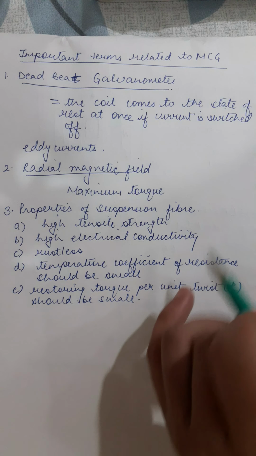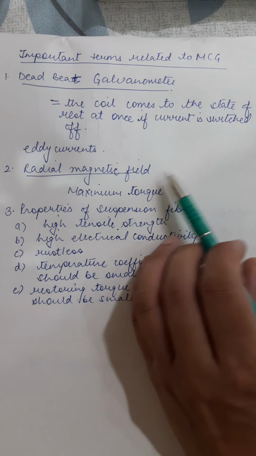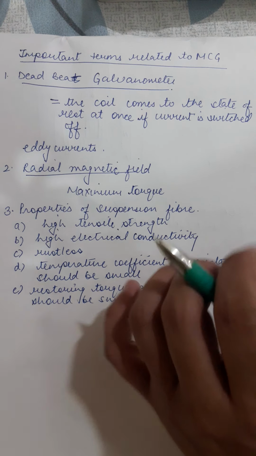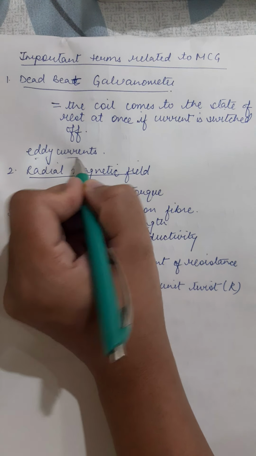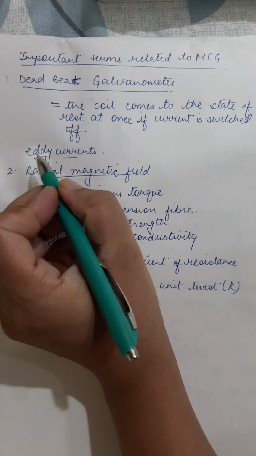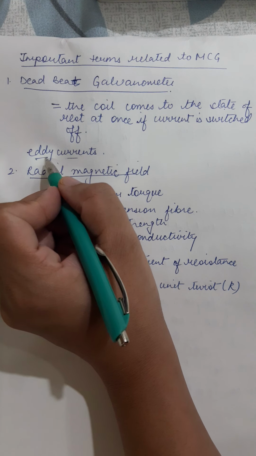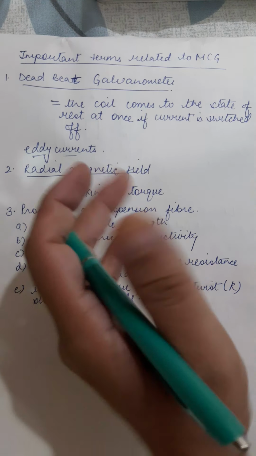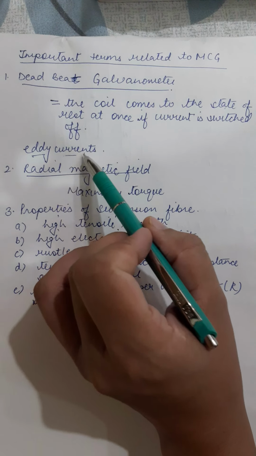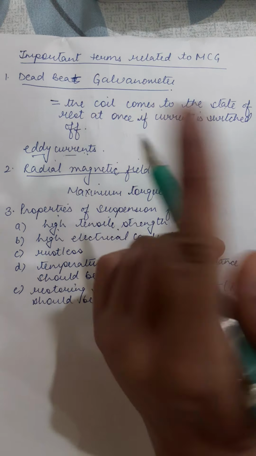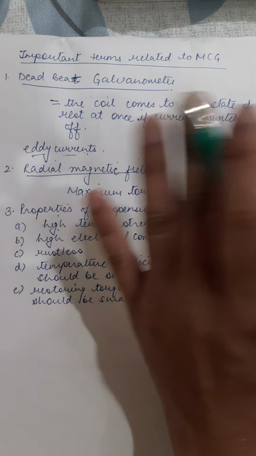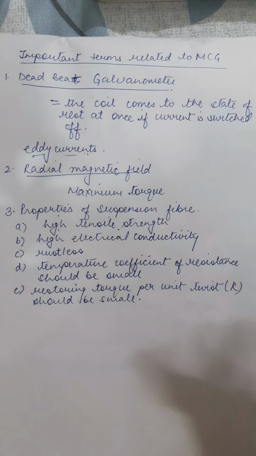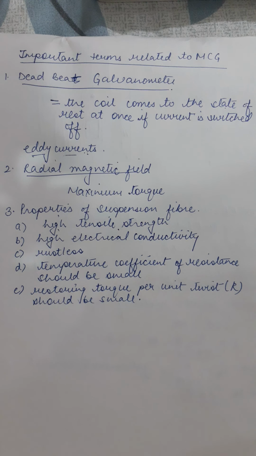Now what is happening is that the coil is actually wound on the metallic frame, the conducting frame. So the conducting frames have eddy currents whenever the current is passed through them. Eddy currents we'll be studying in detail in chapter 4, in the next unit. Because of these eddy currents, the coil does not keep on rotating, it does not keep on fluctuating, it immediately comes to the state of rest as soon as the current is switched off.